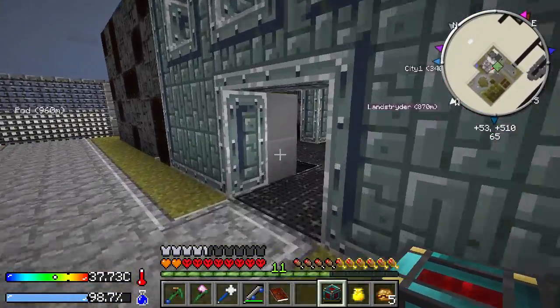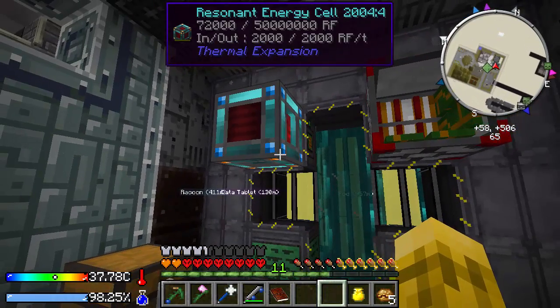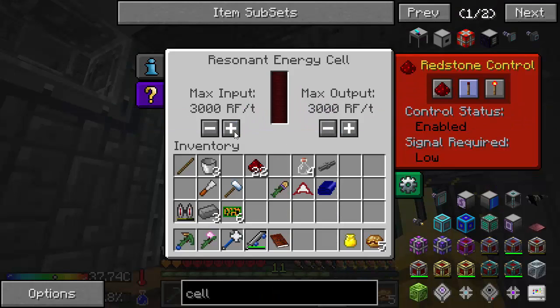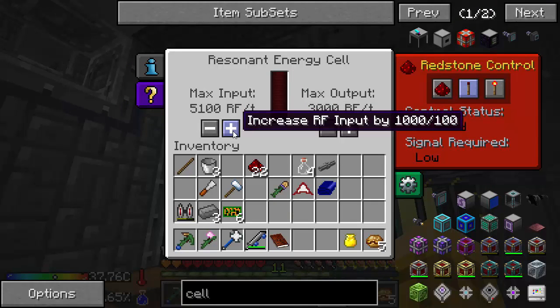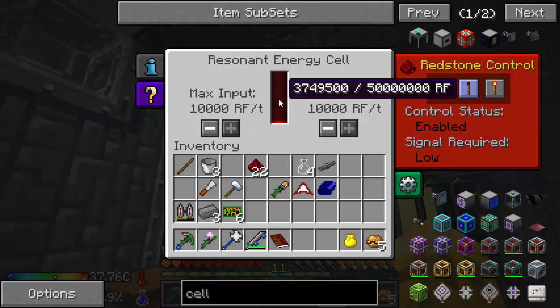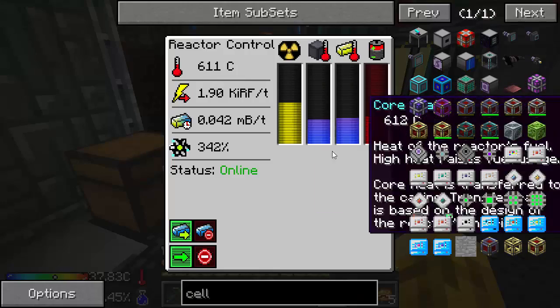But let's go stick this on here. For now, I'm going to move a few of these things later, but you can see this thing is just going to fill up. Let's get this to the maximum. 10,000. There we go. Look at that thing. It's just going to fly. And it should be draining now, so that should...